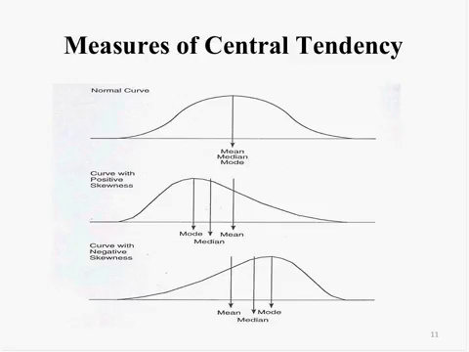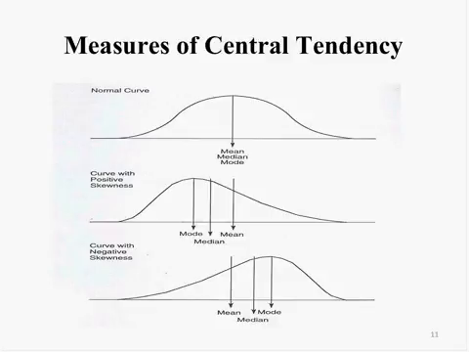We just mentioned them before, the mean, median, and the mode. And you can see the three distributions on slide number 11. The mean, median, and mode are identical in a normal curve. Where you've got a frequency distribution with positive skewness, the mean, median, and mode are different, and you can see where they fall with positive skewness. Positive skewness meaning that a lot more than you would expect of the data points are falling closer to the smaller values of the distribution and fewer at the larger values of the distribution,